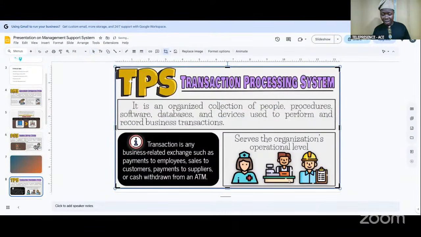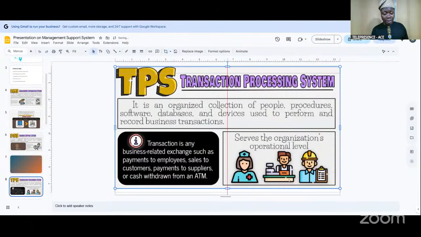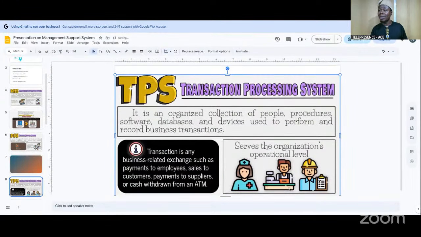Then we have the transaction processing system. The transaction processing system is an organized